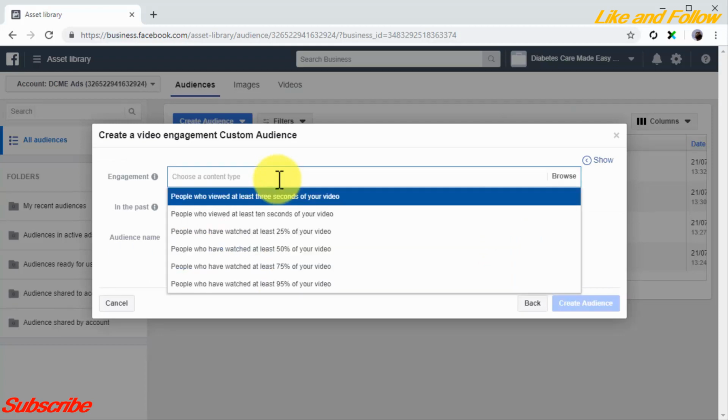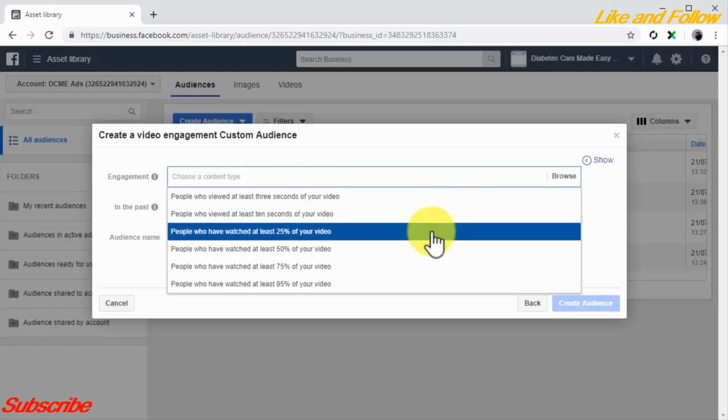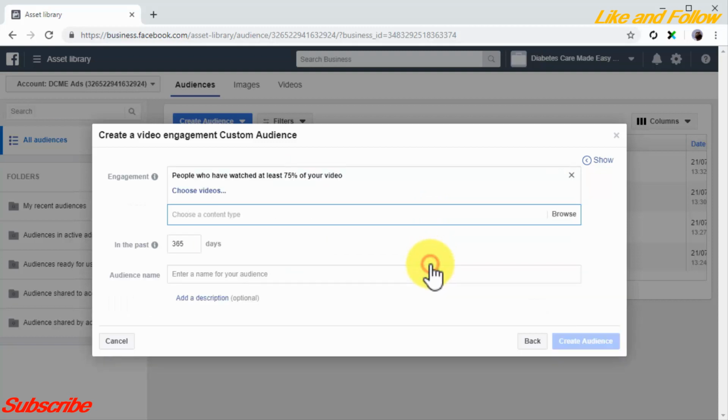Now click on the engagement field to select how engaged the users are that you'll add to this audience. Here you can select people who viewed at least 3 seconds of your video, people who viewed at least 10 seconds of your video, or people who watched a certain percentage of your video, from 25%, 50%, 75%, or 95%. After selecting this criteria,